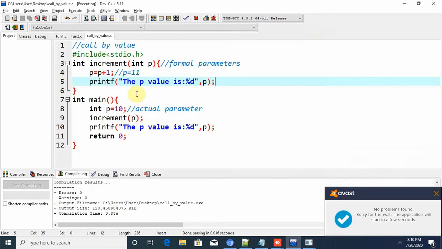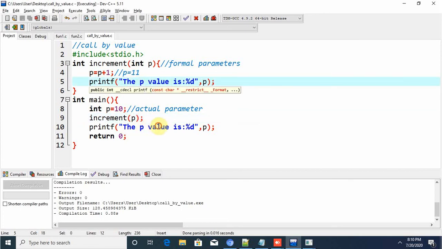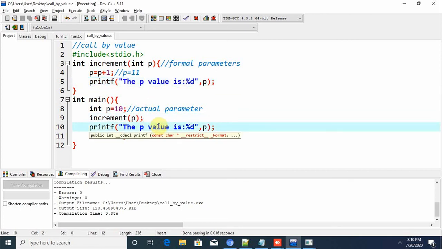So this increment operation is done here and this is done here. What I am trying to say is that both the parameters are completely different. It doesn't affect the originality of the value. That is call by value.